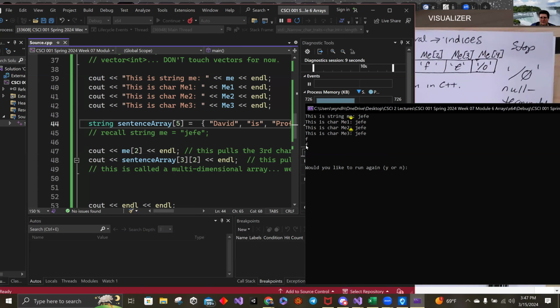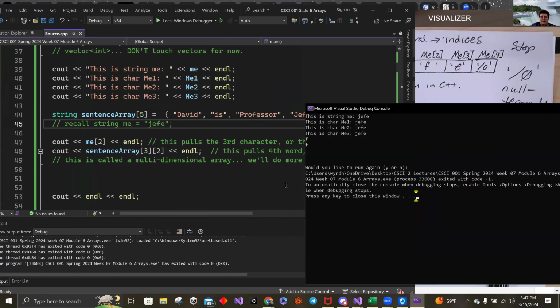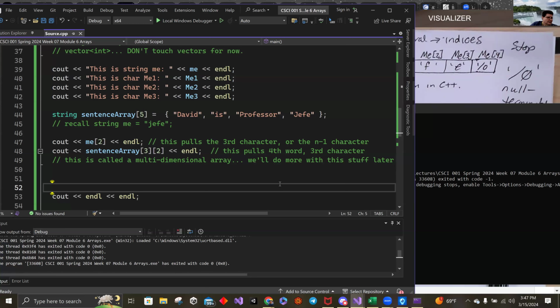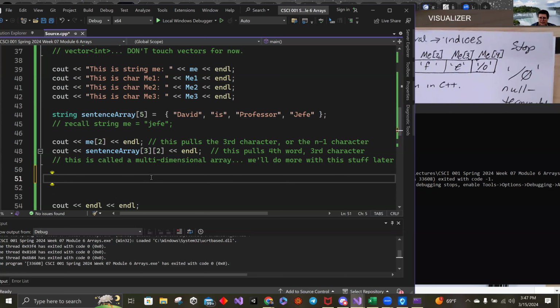The second F is going to word for character 3 to pull the F from David is Professor Hefe. Okay. We'll be going over addresses and stuff later on. If I wanted to show the whole sentence structure,